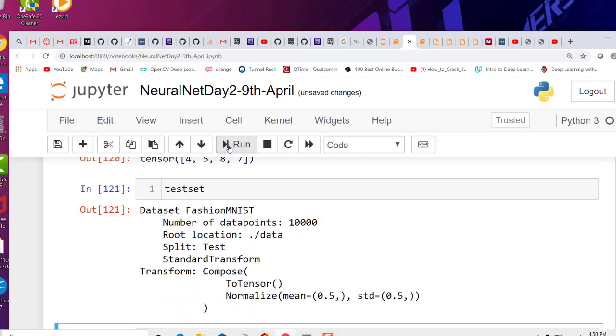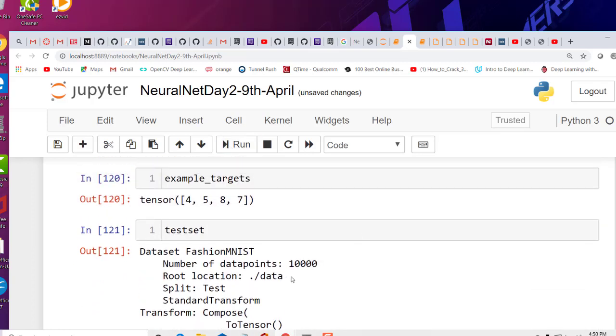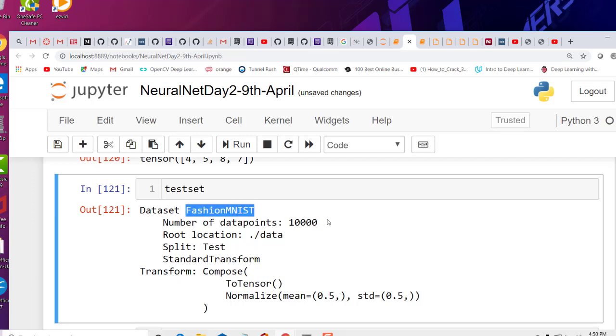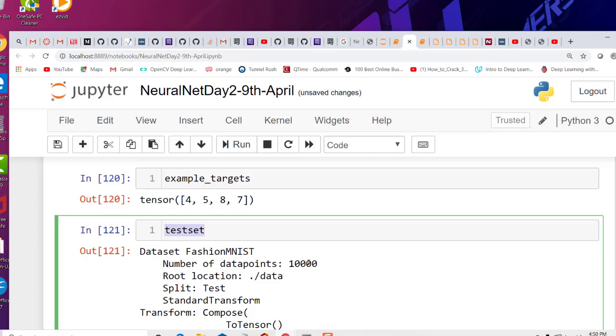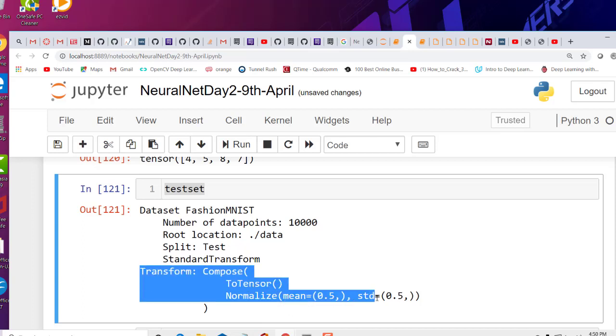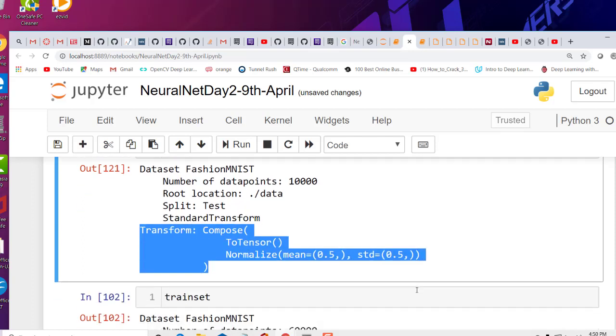Okay, so now also let's look at how these handlers look like. Train set. So the test set is a handler to Fashion MNIST data. It has a handler of 10,000 images. It is stored in the data, and it is a test split, and these are the transforms that were used.